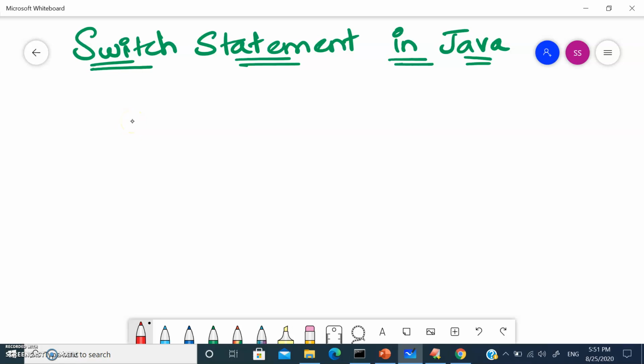The next statement in Java is the switch statement. Let's see what a switch statement is. Let's write the syntax for the switch statement. Switch